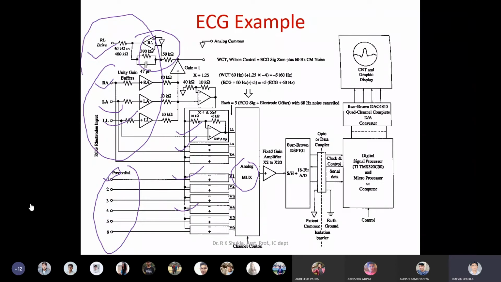Clear? Because the first and the most important advantage of the digital circuitry is its flexibility. If you are having, say, a digital filter and an analog filter, of course you always have to go with the digital filter. This is very important to understand. It says that we have two possibilities: either you use analog filters or you use a digital filter. Let's see what these two things are.